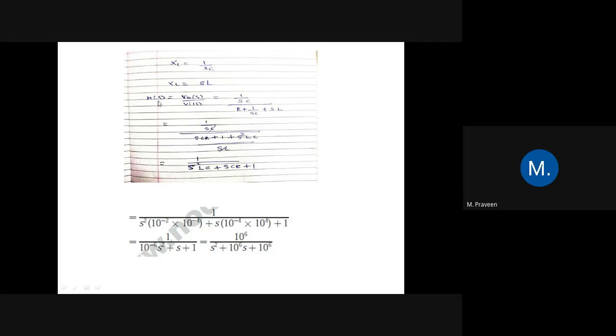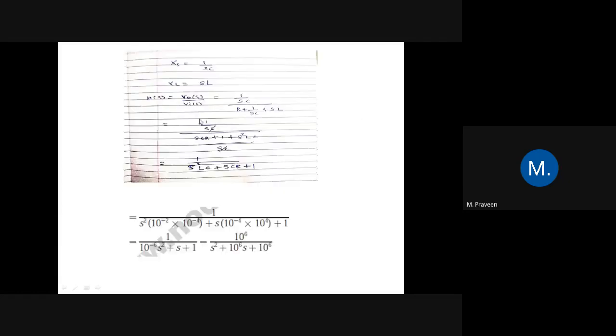Okay. So now we have to find H of s, that is a transfer function, which is nothing but output voltage divided by input voltage, that is V naught of s divided by Va of s. So here V naught of s is nothing but the voltage across this capacitance. So here it is capacitance, that is 1 by sC. So if you write in s domain, it is 1 by sC. So C value is given, it is 100 microfarad. Okay. So first we'll write the general formula. So 1 by sC whole divided by the overall impedance. So here we are having 10 kilo ohm, here we are having 10 millihenry, and here we are having 100 microfarad, that is R, L, and C. So therefore, the denominator term is going to be R plus sL plus 1 by sC.